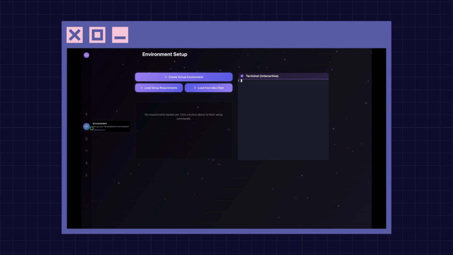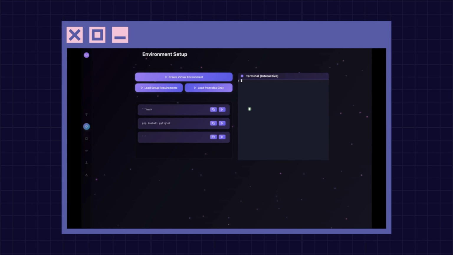Next up is the environment setup workspace, where we skip all the local setup drama. First, we'll create a virtual environment. VibeCode spins up a new virtual environment and activates it without any manual typing needed. Now, we already know from our canvas that we need all these libraries, so I'll just click on load libraries from the previous chat and it will load all the libraries. And the ones I want to install, I'll just click on run and they will be installed directly into